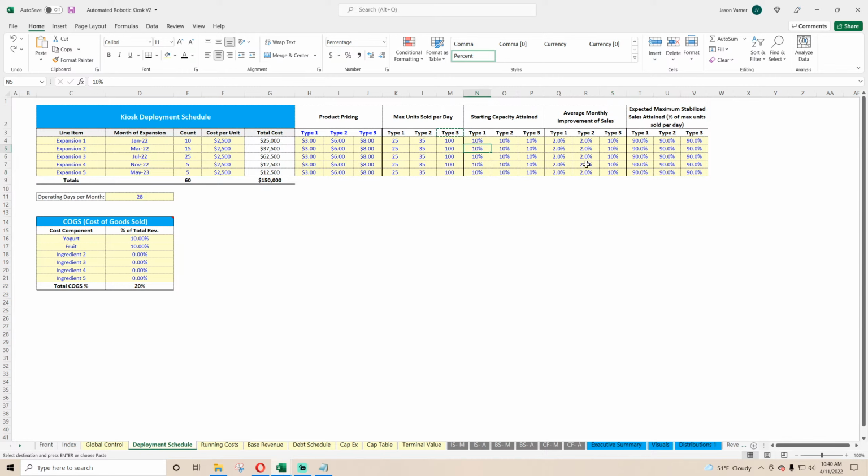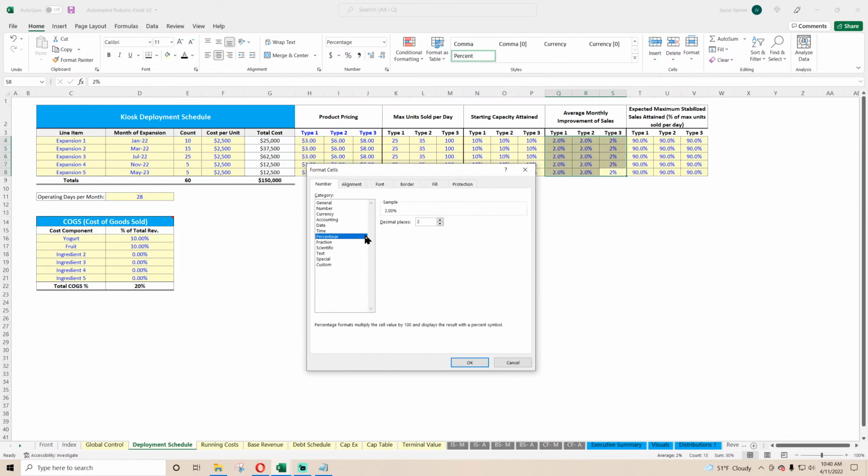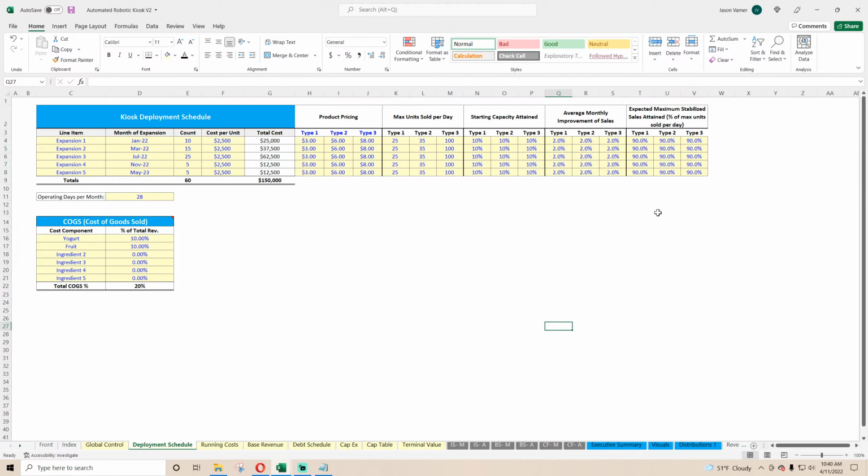Starting capacity, average monthly improvement, 2. And this could be a decimal. And then it'll go up by 2% per month until it hits this ratio or stabilized amount. What's going to be difficult now is I have to build a matrix that shows